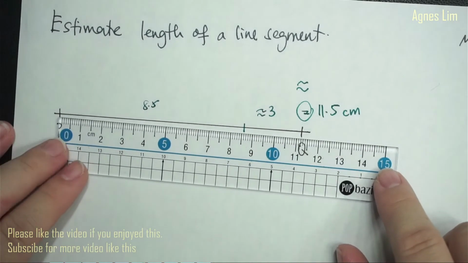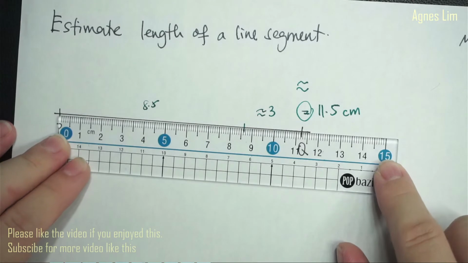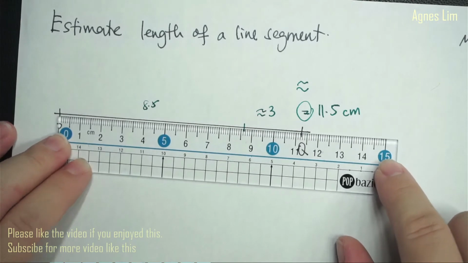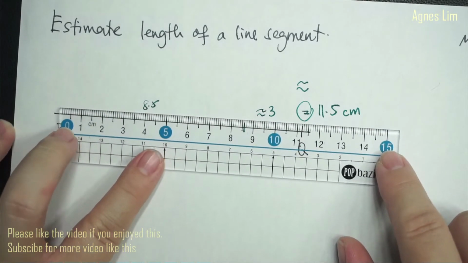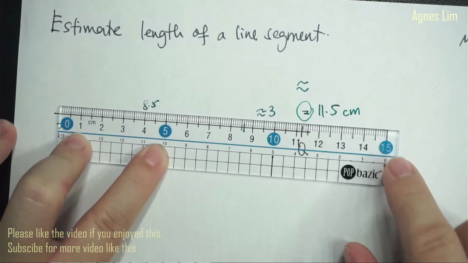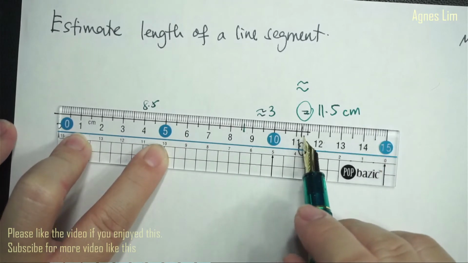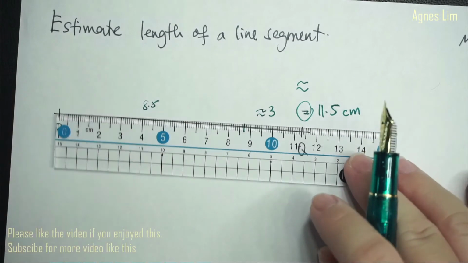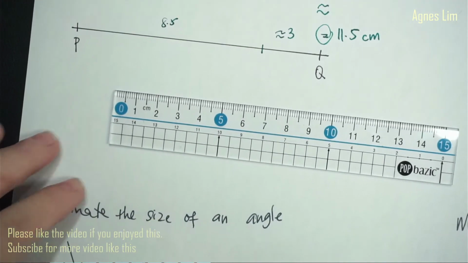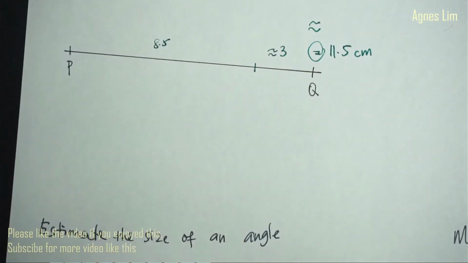Okay, I'm bringing my ruler back. Okay, so it's quite close. So according to this ruler, alright, so we got around 11.2. So it's quite close estimation. Okay, next one. We want to estimate